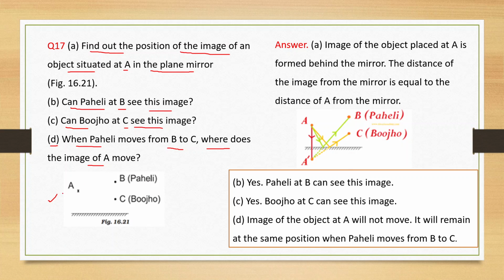Okay, तो A का फर्स्ट का आंसर हमारे पास होगा, image of the object placed at A is formed behind the mirror. देखिए ये इसके बिल्कुल मिरर के बिहाइंड बनेगा। और किस डिस्टेंस पे बनेगा? The distance of the image from the mirror is equal to the distance of A from the mirror. ये जितनी डिस्टेंस इसकी है मिरर से A की, उतनी डिस्टेंस इसकी रहेगी।